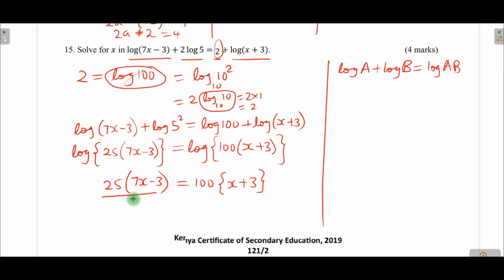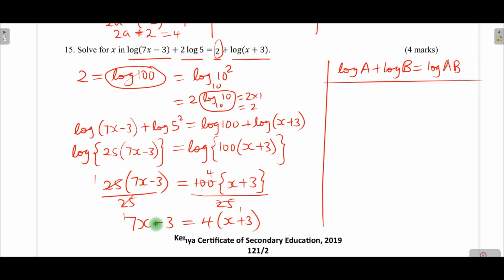So I can divide both sides by 25. Therefore, I'll have 7x minus 3 is equal to 4 bracket x plus 3. Then we proceed on this point, open: 7x minus 3 will be equal to 4x, then multiply 4 times 3